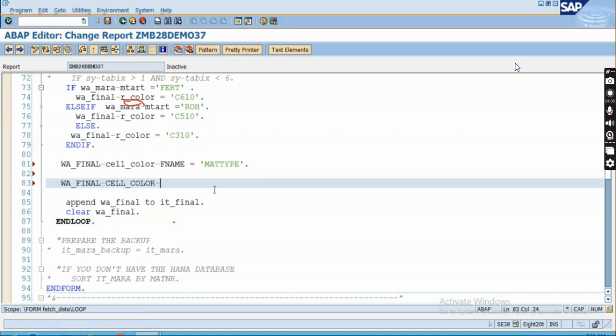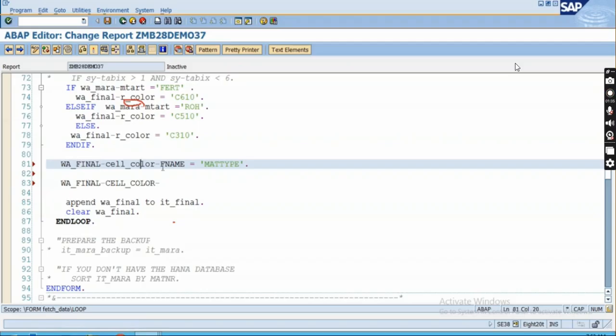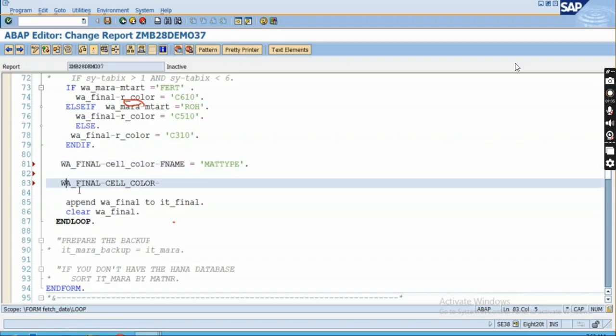And what we can do over here, or maybe first we can prepare this cell color, and then you can append into it directly, that also is possible. Okay, let me do like this and we will see if some problem is there. Okay, w_final-cell_color-fname is MATTYPE. Then this w_final-cell_color and a hyphen. Okay, it's not coming, it was color, right? Hyphen COL equals to